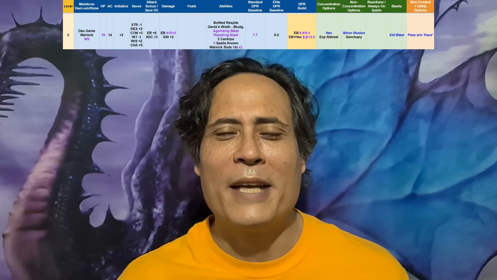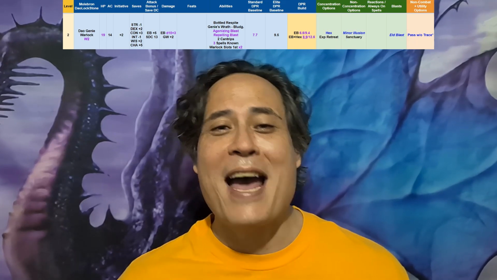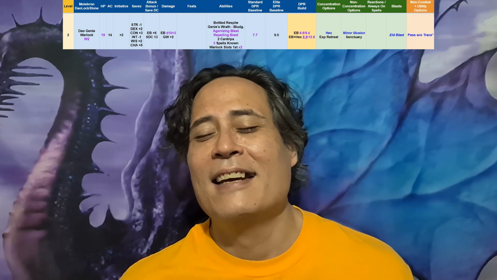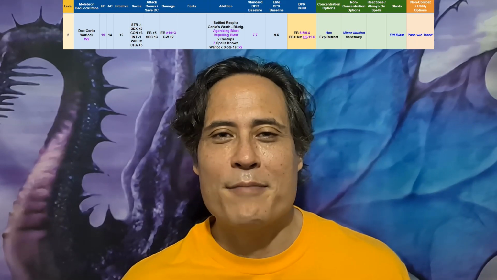So even so, we're totally out-maneuvering me. And then I got smashed for like 10 damage. And that's more than half of what I have. I only have 19. And so I had to go into panic mode, and I cast a defensive minor illusion